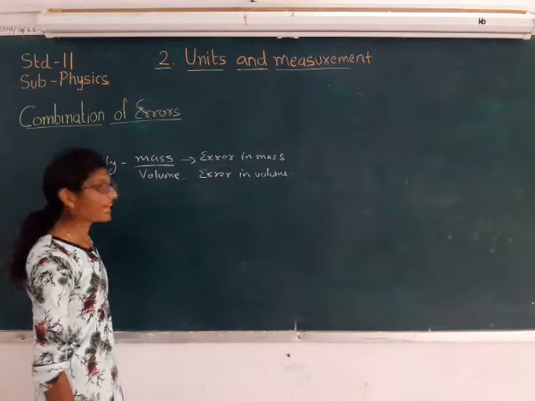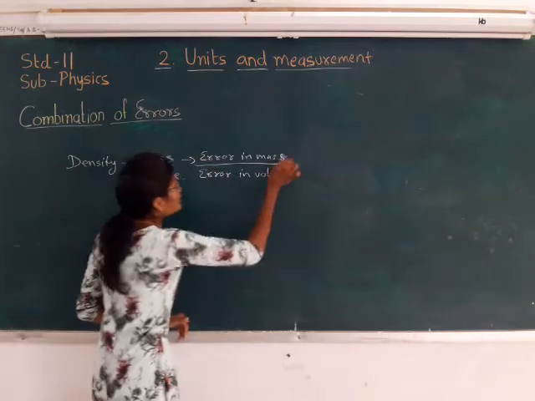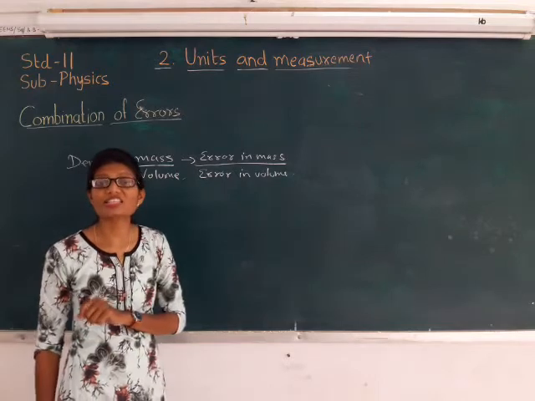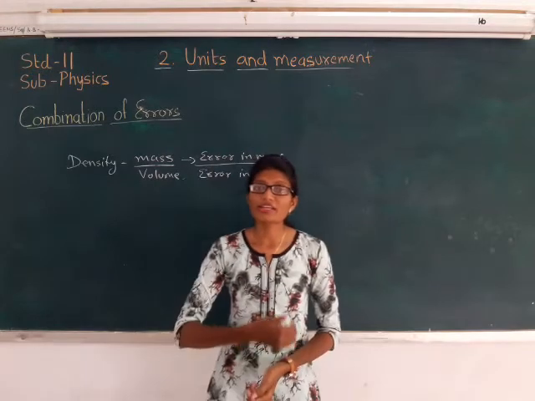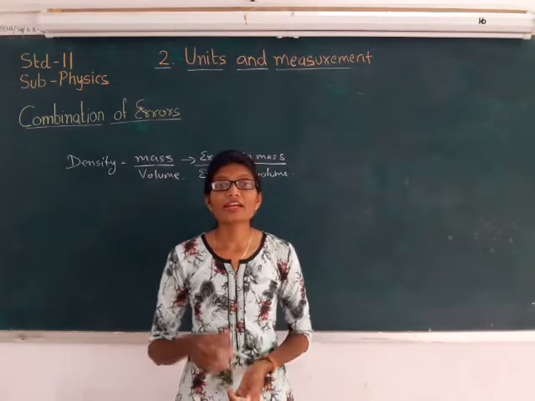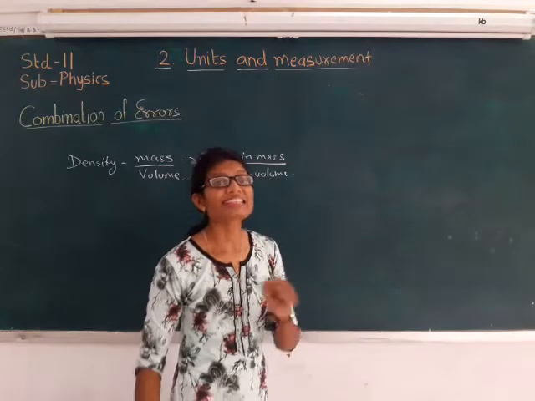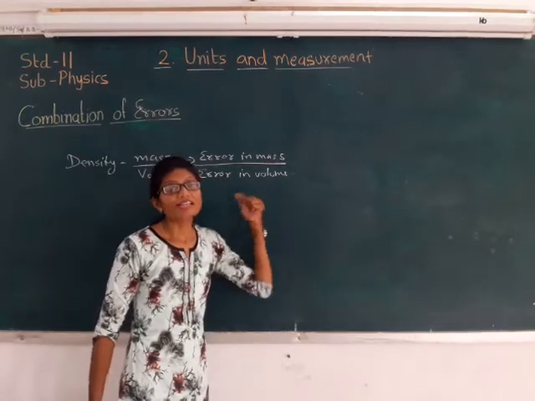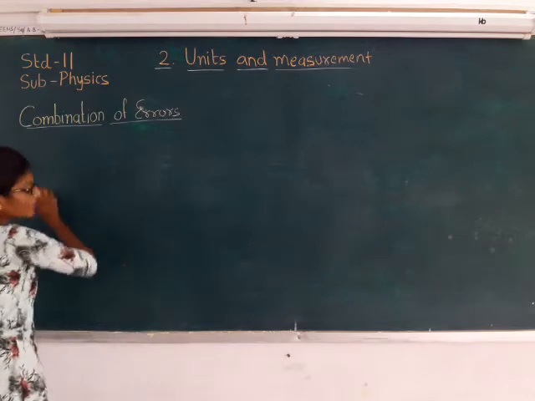So when you are calculating the density after getting the mass and the volume, then you will be getting error in density also, and that error in density is due to what? It is due to error in mass and error in volume. So when you are taking the measurement, in the final result it will be due to the error in different physical quantities. So this error is combined. Here you can see the error in mass and the error in volume; the final error you get is due to the mass and the volume.